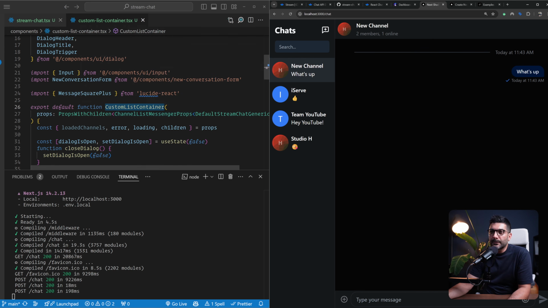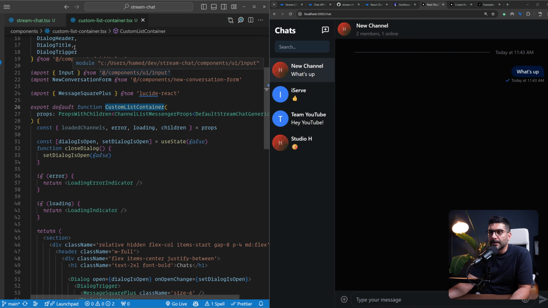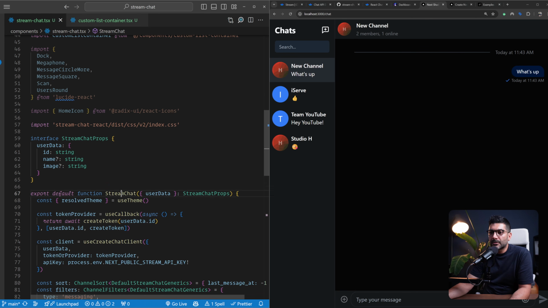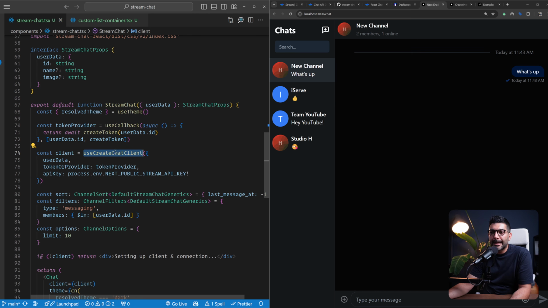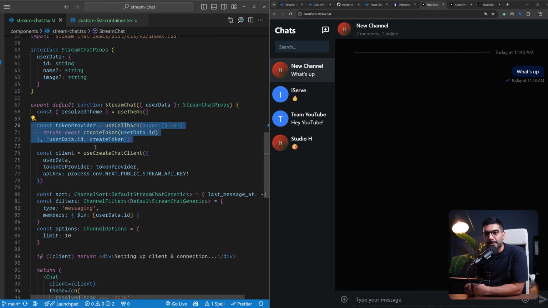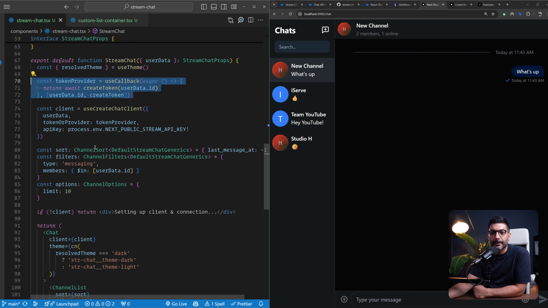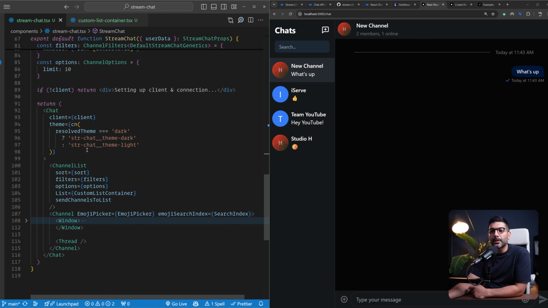So just from a high level, to review or recap what we did here: we created this Stream Chat client or component that we passed into our chat page. We created a client that connects to Stream with this specific user data. We created a token provider through a server action that allows this specific user to authenticate with Stream. We then rendered the components from Stream that allow us to wrap our entire chat, provide some context, and wrap it around the APIs and some custom hooks that make it very easy for us to create this chat